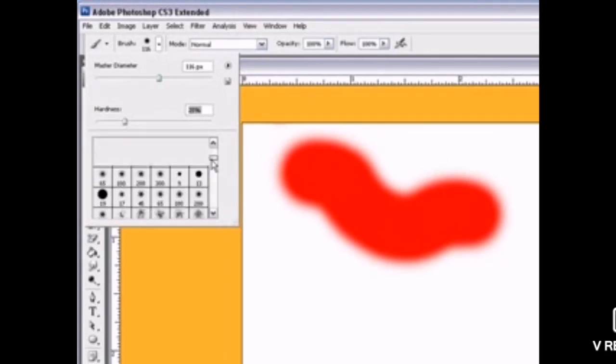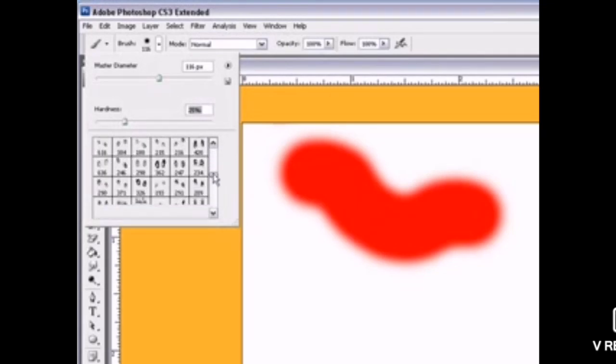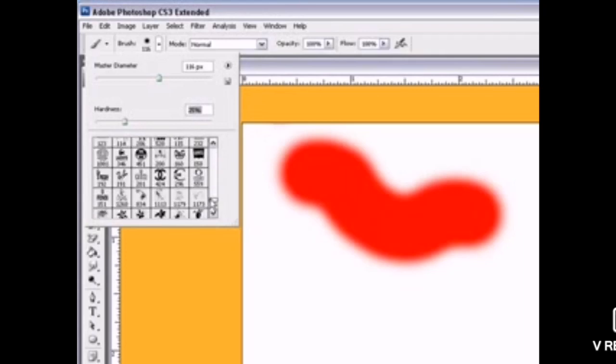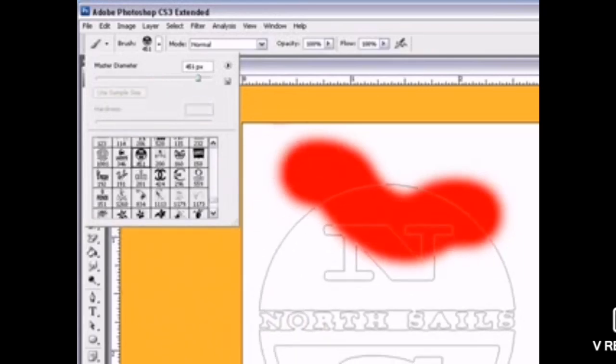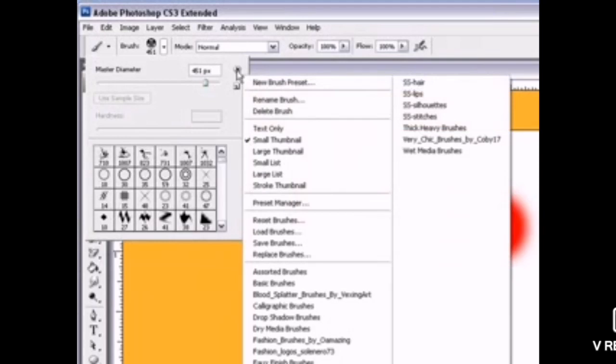Even suppose I want any kind of images for my brush, those images are also present in the options. Suppose I want a symbol, or an exact, particular type of image, that is also available. With that also we can do it. Now preset.